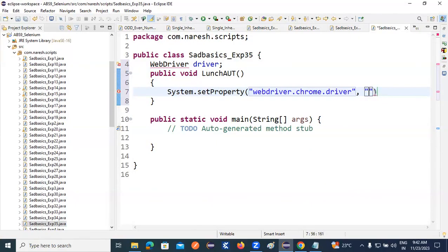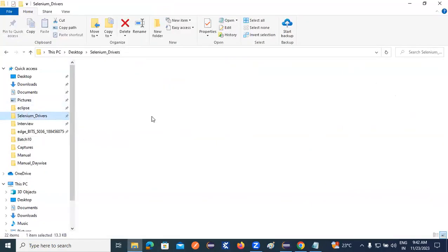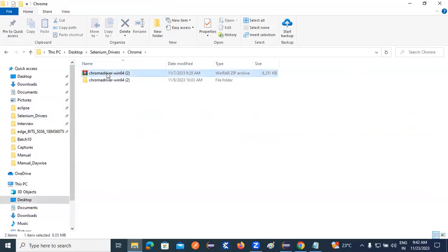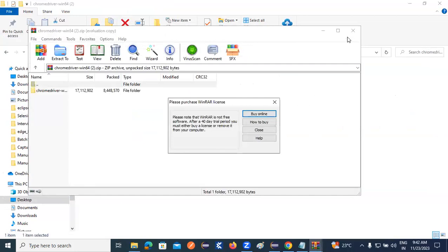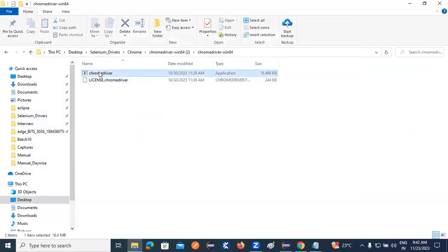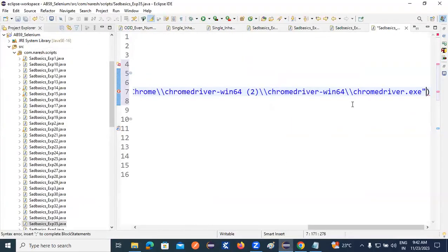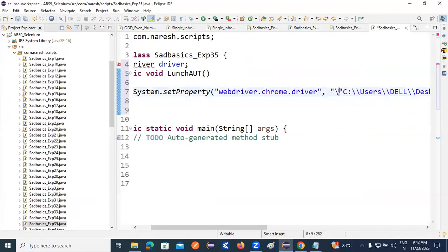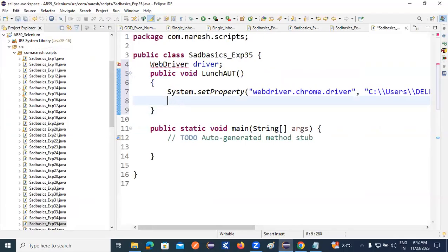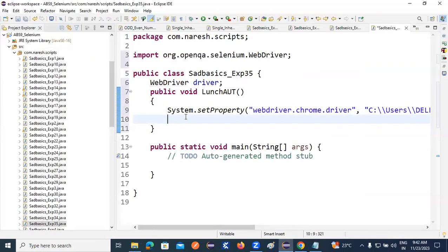Within the double quotes, we need to go to the driver location, get the driver, copy as path, and after that we need to provide driver equal to new ChromeDriver,